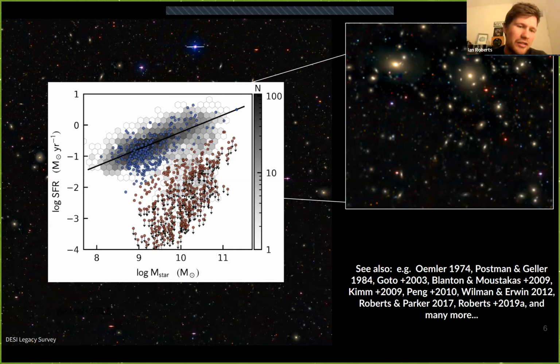And the quenched population is much more populated in Coma relative to isolated galaxies in this plot. So this is this environmental quenching that I'm talking about. And this is not just true